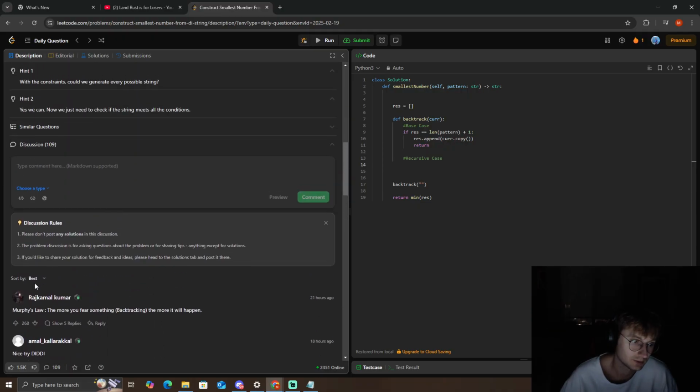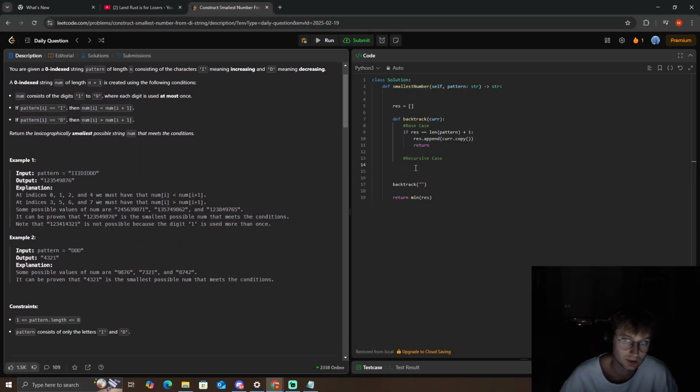Well, let's think about this here. We have our recursive case here. We want to start, pattern I is equal to I, then nums I. We're going to do for char in pattern, right? And I check if pattern char is equal to I, then